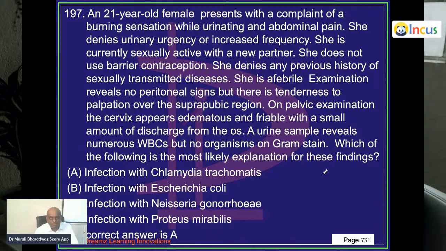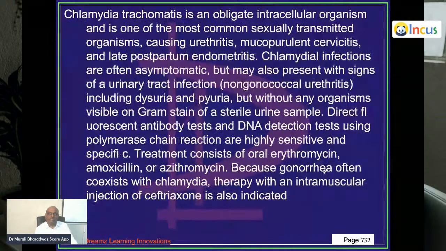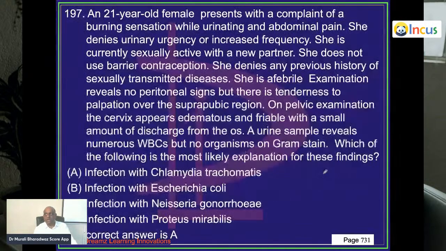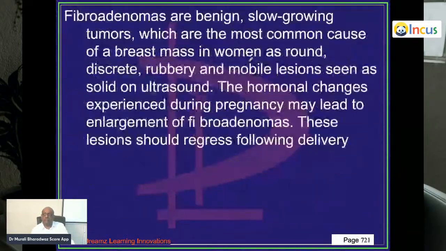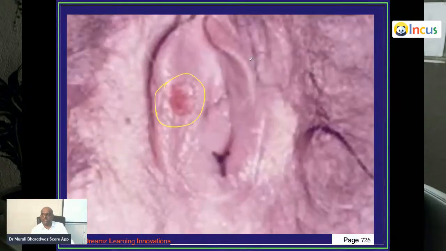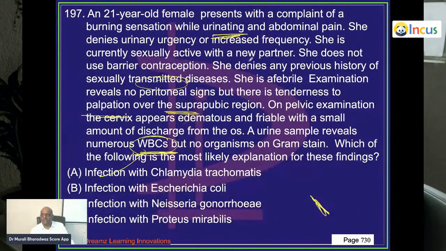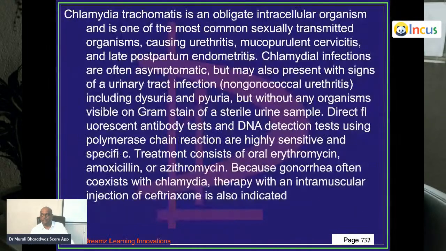So, chlamydia leading to UTI is very common among the sexually transmitted organisms. She recently has a new sexual partner in the history. That is a very important clue, doctor. Okay? Now,